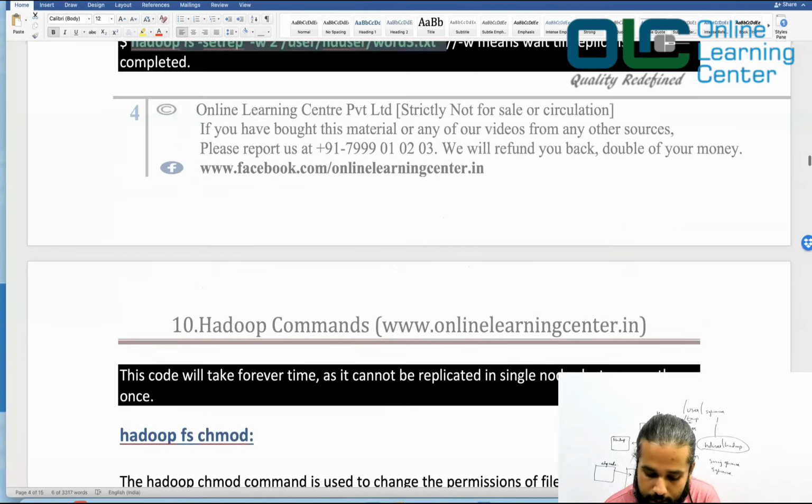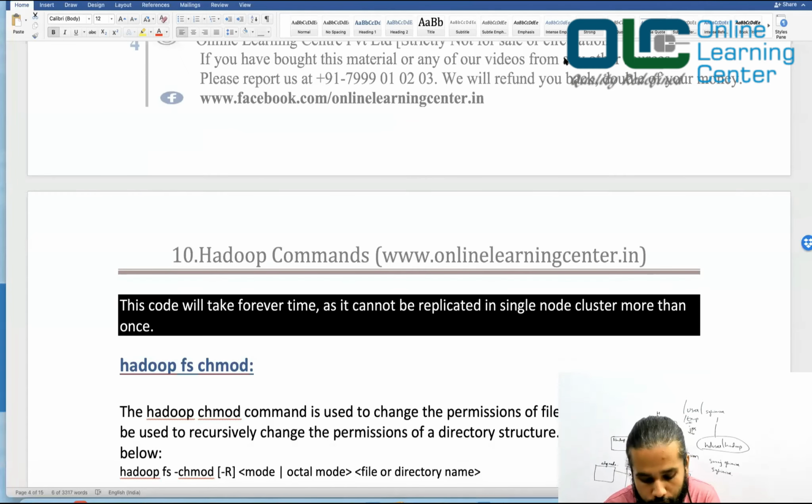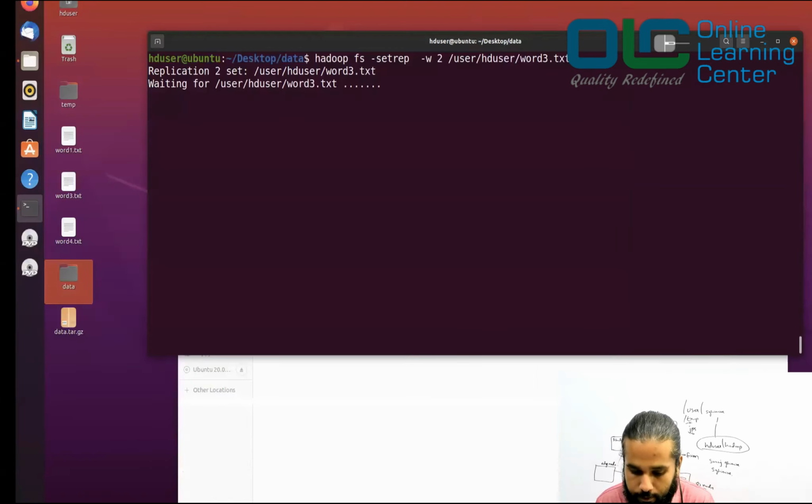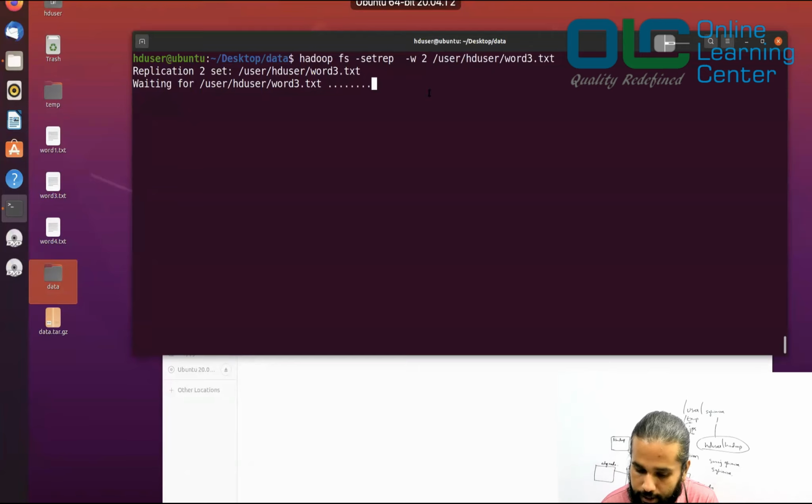Now this will take forever. You can go for a long drive and come back and it will still be in the same place because the replication would not be met. So it is not going to come back like here. It is just because it does not really replicate now.